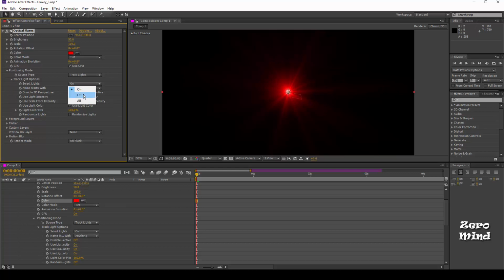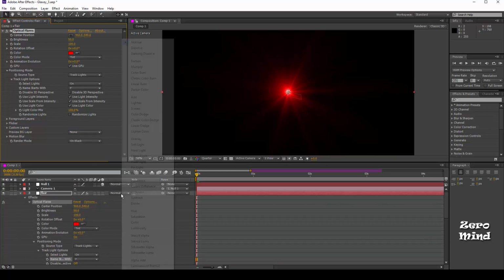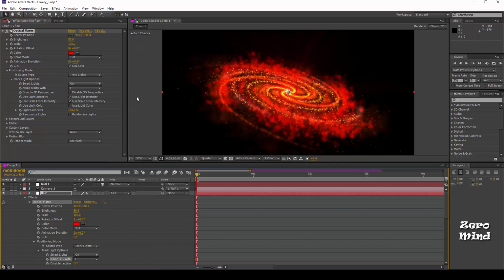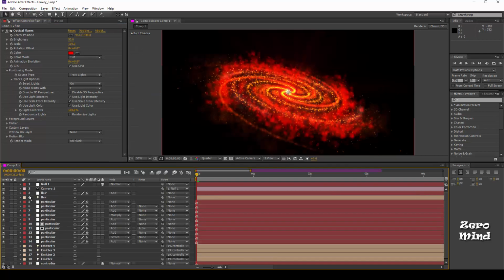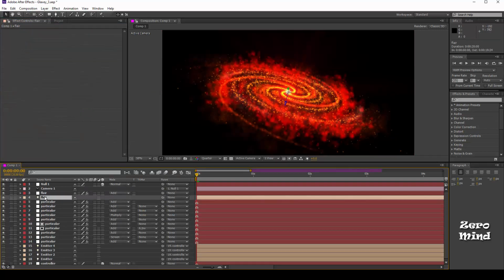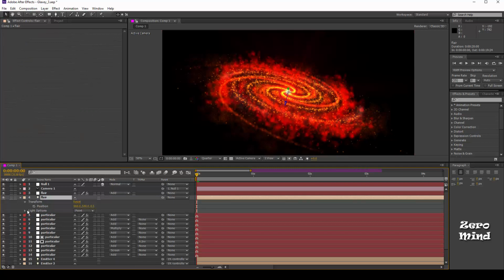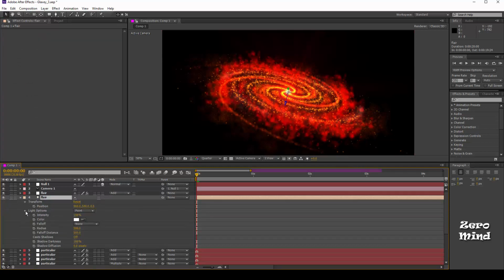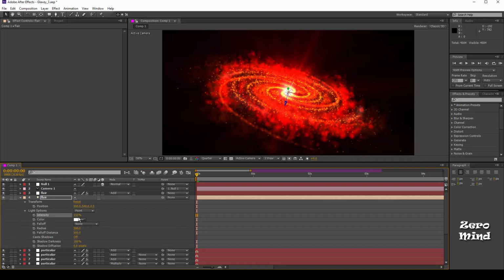Select the layer name starting with the alphabet F, and change the blending option to add. You can also increase or decrease the intensity of the light. I will keep it around 120.